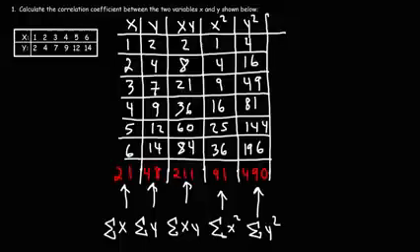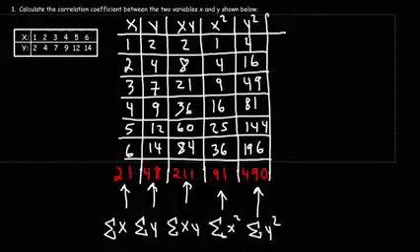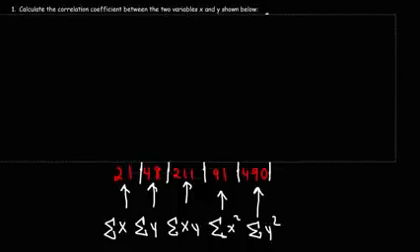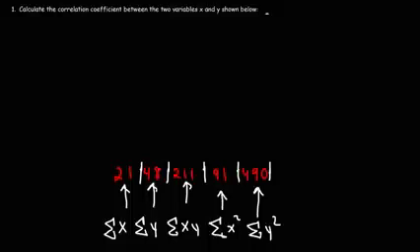So once we have those numbers in red, we can now plug in the information into the formula to get the answer we need. So I'm going to delete everything up to there. And here's the formula that we need. So the correlation coefficient R, which in some equations is represented by the Greek symbol rho, it's equal to n